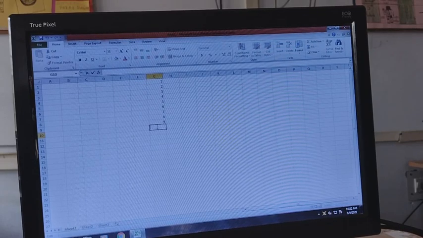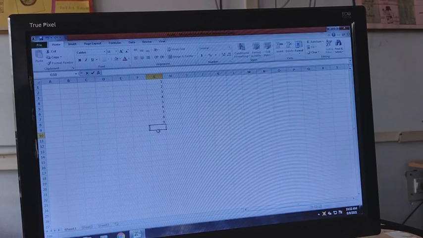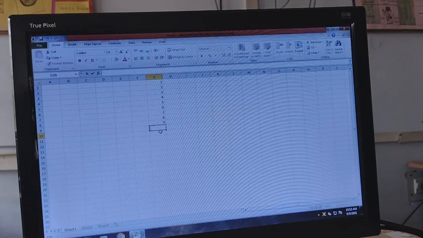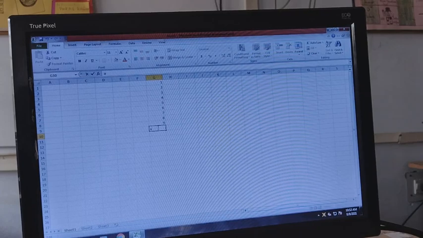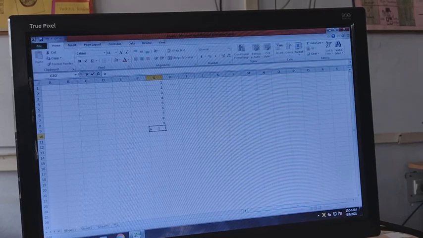Okay. Now one of the functions which we can use is average. To get the average, we need a range, and we have the function average.